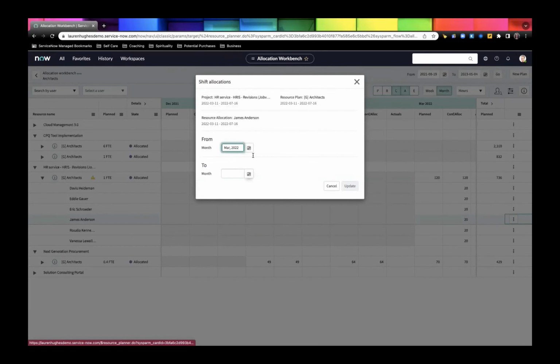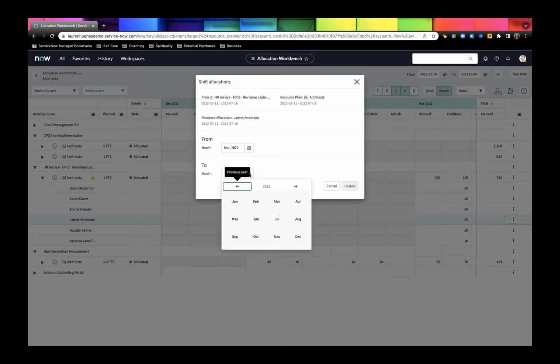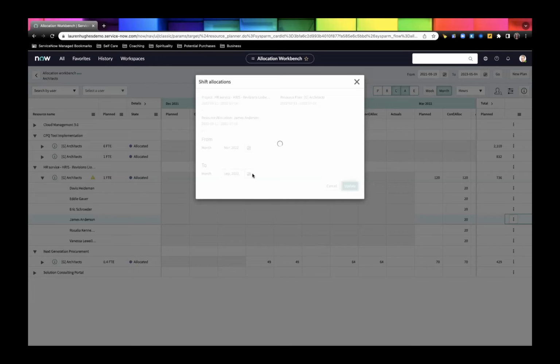So we're going to shift allocations here, and that's going to basically move our allocation to a different time frame with the same resource. So James here, I'm just going to extend his applicability. So I'm going to move him out to September and make him available till September. So I'm not replacing somebody else with him, but I already replaced